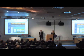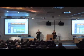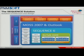Thank you, Ellie. So what Ellie has been describing is how Atos Origin have been using Sequence, PNMsoft's BPM solution, to fix a real-world problem that they have. But why are we here today talking to you about that? Here we have an architecture diagram of Sequence. Sequence is built on Microsoft technologies. We work very closely with Microsoft, not only to build our product, but also